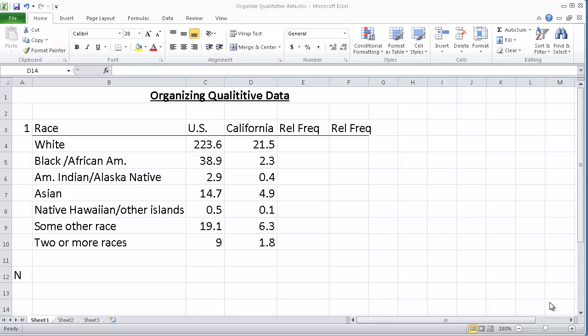We are now going to learn how to organize qualitative data in tables and construct bar graphs. The 2010 census results include a summary of the racial composition of the population. The races reported by the populations of the United States and the state of California are summarized in the table that you see. The data is given in millions, therefore, the number of people in the United States who identify themselves as American Indian or Alaska Native was